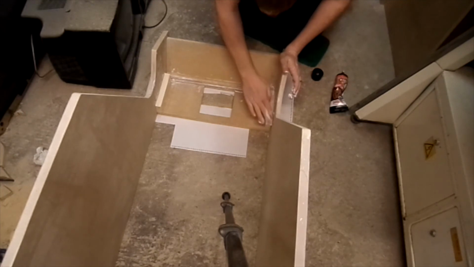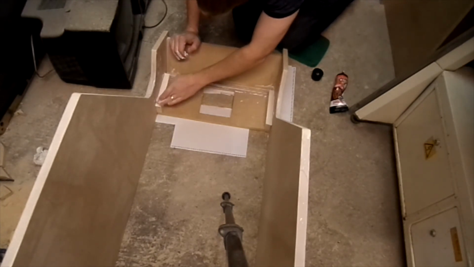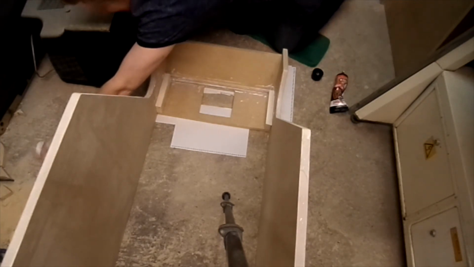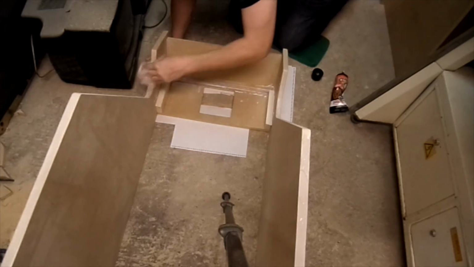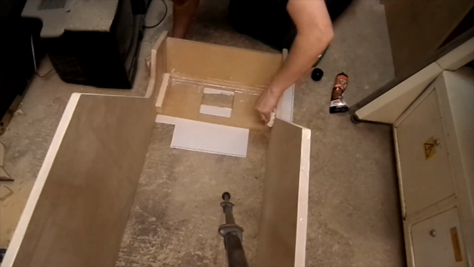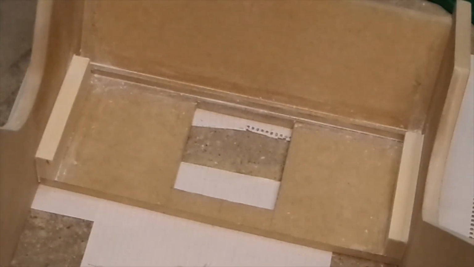Too much glue into the gap. Force it down in. Be amazed if this works. So I'll make a right pig's ear out of it at the moment. I need to get some of this stuff off because I can't have this drying on there. Yeah, I might get some tissue paper or something to clean that up. Two seconds. That's okay, I think. So, once that's dry, I think what I'm going to do,